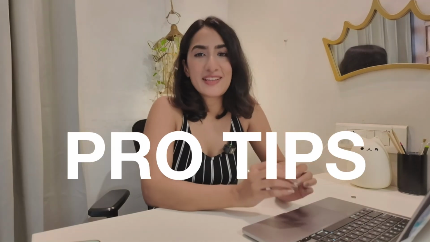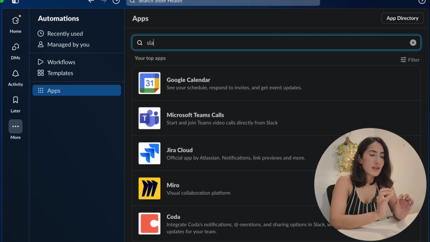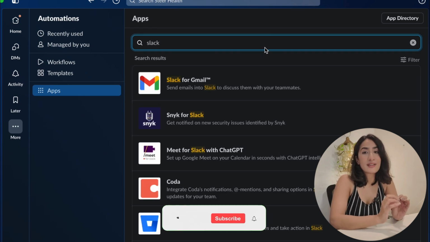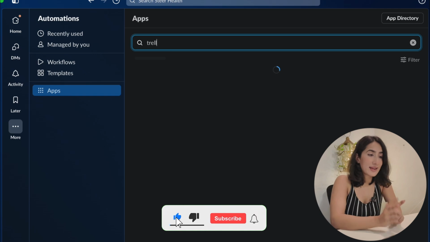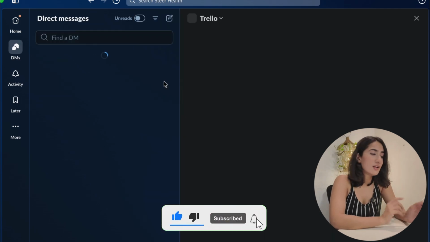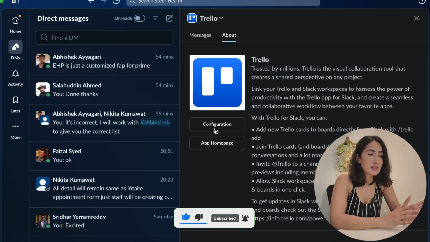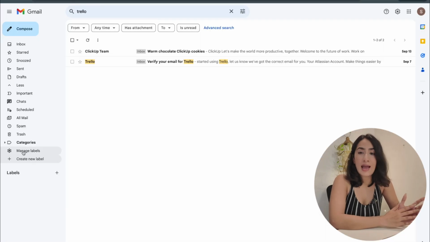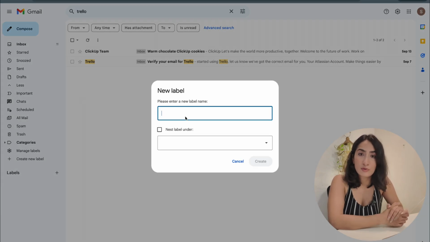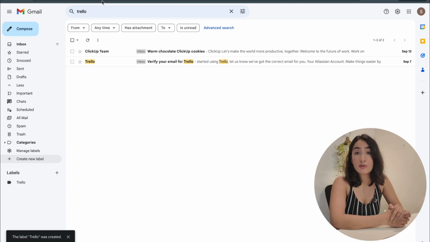And finally, coming to the section of pro tips, I want to share these pro tips from my experience, and these will make you look confident and make you look really sorted and organized as well. So let's start with the first one. The first one is that you can also create a Slack channel and connect Trello updates with Slack. So you can easily do that using the add-ons in Slack itself as an app, or even from Trello, you are able to do that. Definitely try it out if your team is already using Slack.